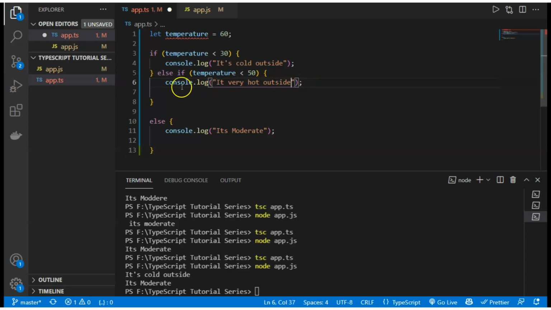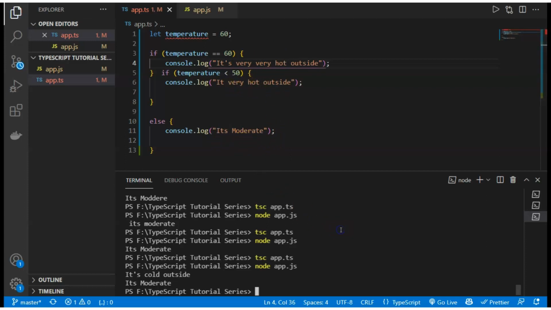And if I now check for a condition, if I remove the else from here and run two if statements with the one else, then the else part will only run with its immediate parent if. So the else part will not run with this if. Then you will say if the temperature is equal to 60, then it should be that it's very hot outside. And if the temperature is less than 50, then it is very hot outside, or else it is moderate.